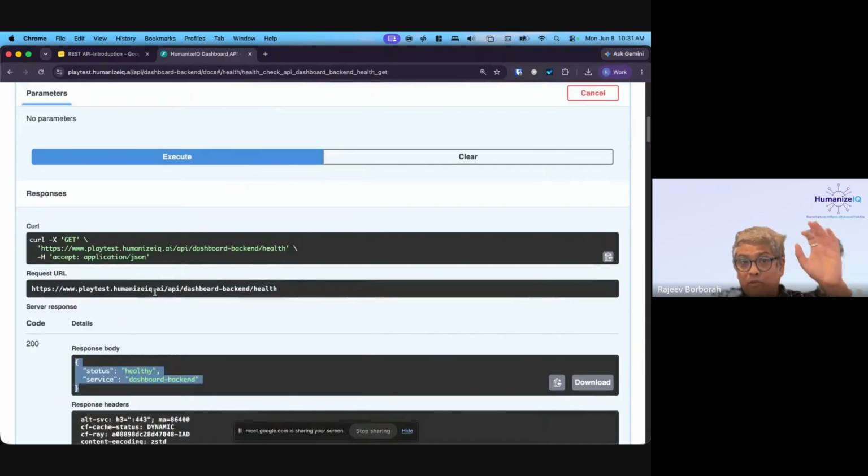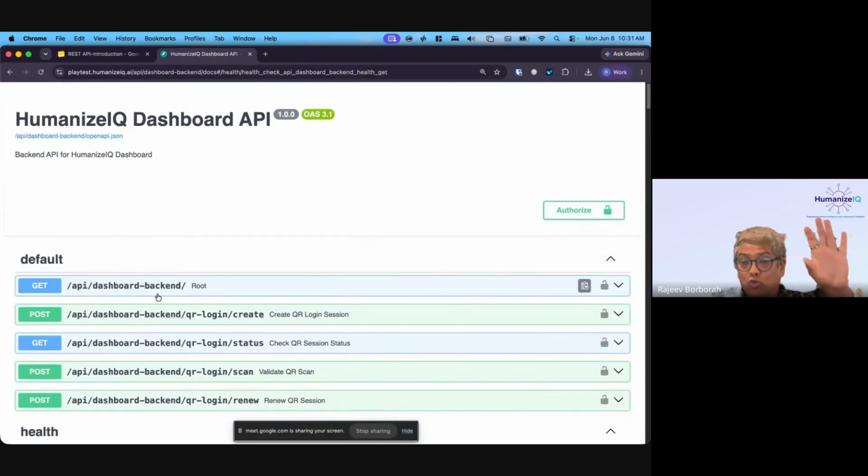So it helps you evaluate the API. Always before using an API, check out its Swagger page, learn how to. So many of you, when I give you an exercise, what you will do is you will straight away go to your front end application and try to connect to an API. Okay, don't do that. That's the worst way of doing it.